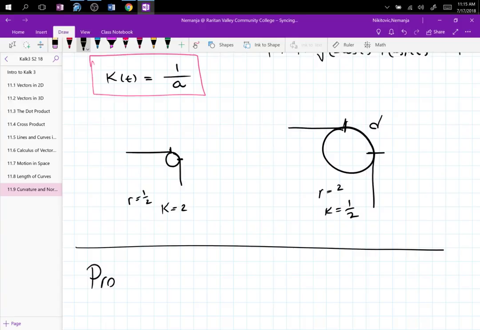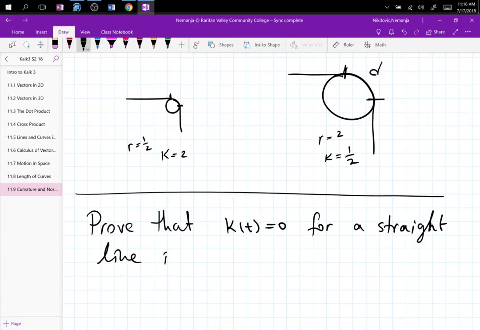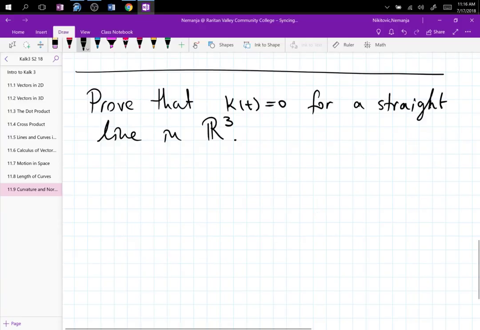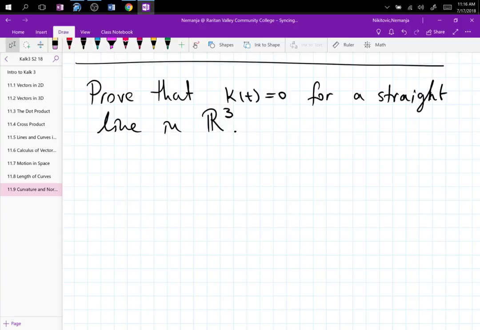Here's another example. Prove that k of t equals 0 for a straight line in R3. Go. So you know what the parametric equation for the line is. If you did any quizzes,